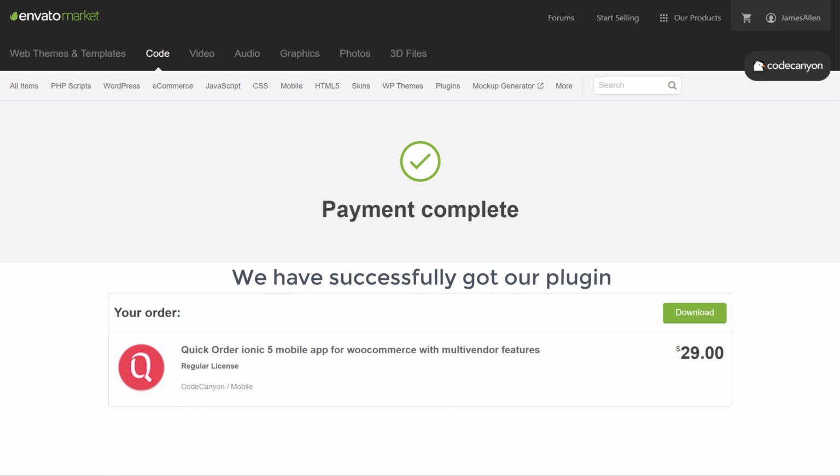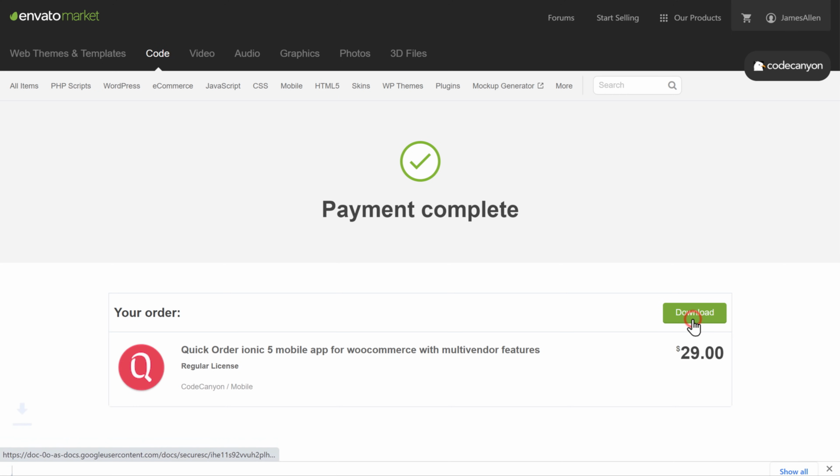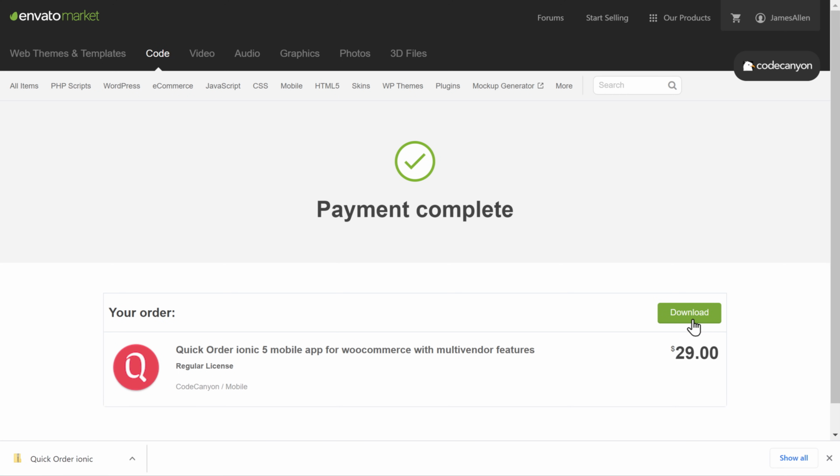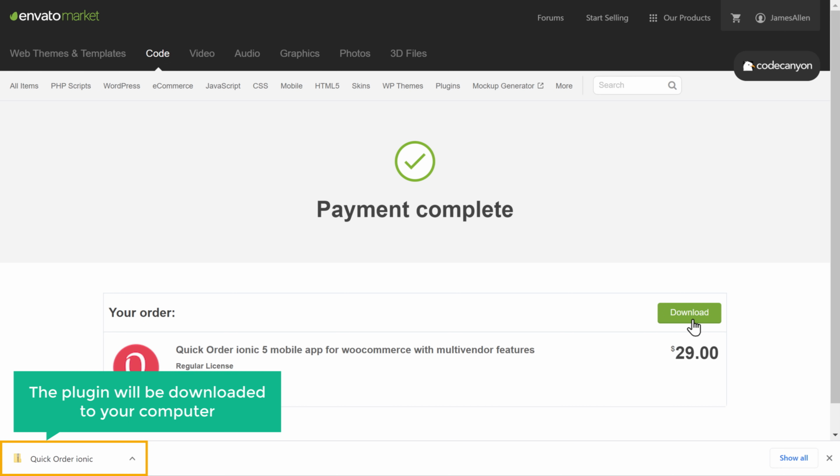So now we have successfully got our plugin. Now to download the plugin, let's click Download. And the plugin will be downloaded to your computer.